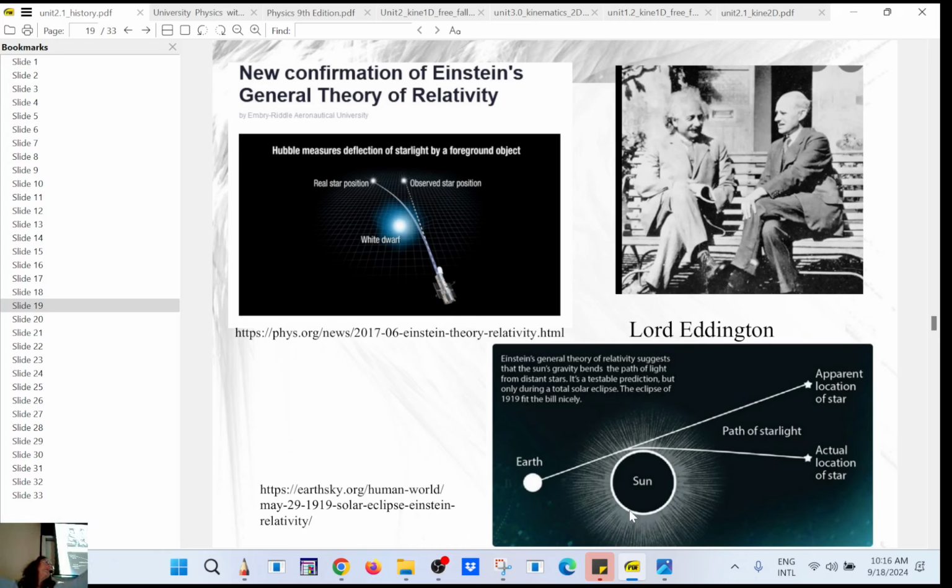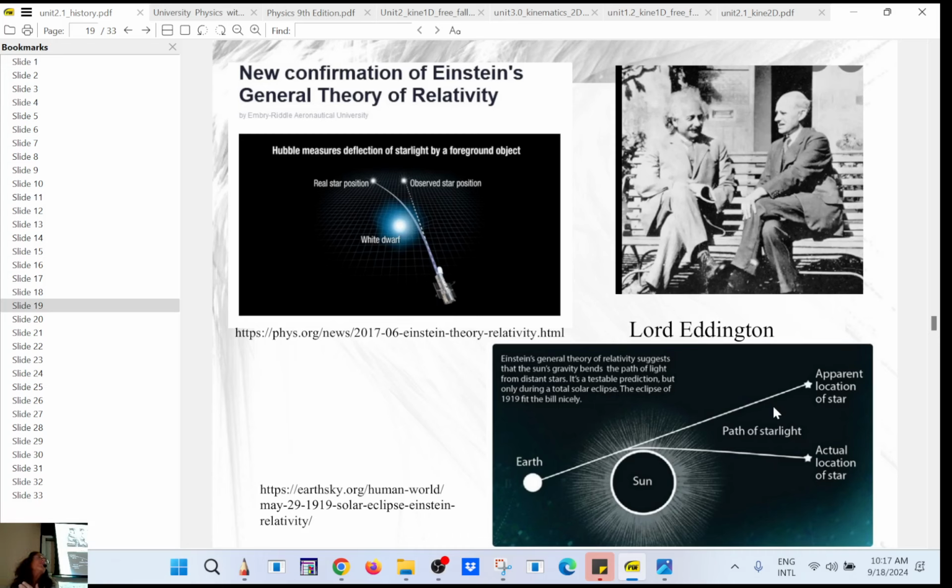The fabric of space-time is curved, and the light is making a turn here because it's trapped in the curve, which means that instead of seeing the star here, you're going to see it here. So it's like an apparent location, right? The light goes this way, it's being curved, but from our perspective, we think that the light goes in a straight line. So we're going to see the light here.